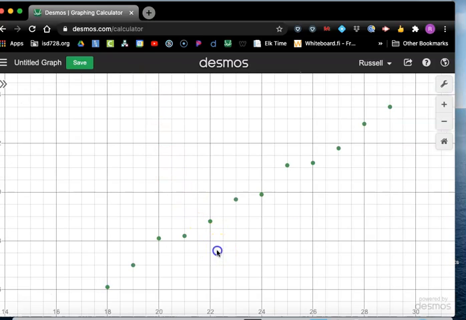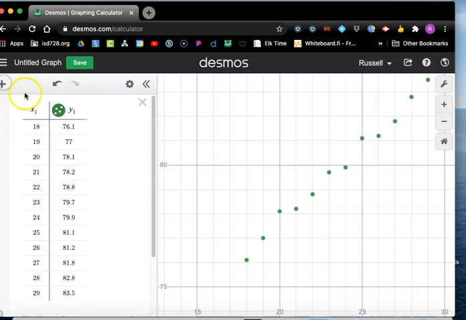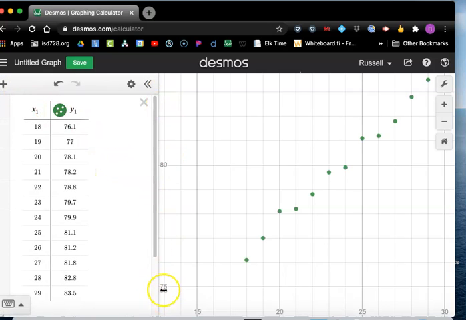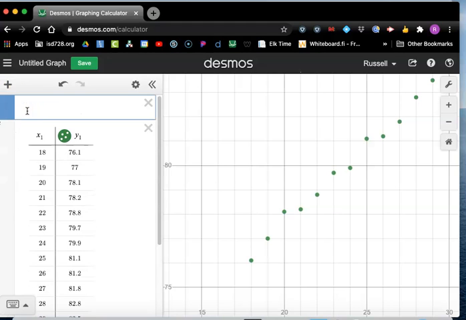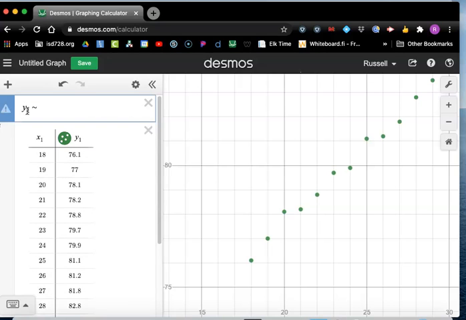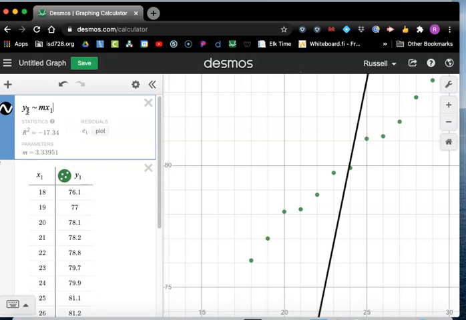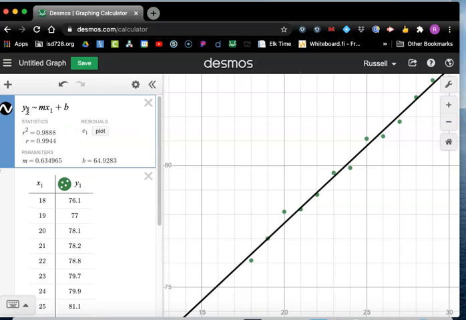I can close this back up a little bit if I want, but now it's hard to see my x and y axis, so I like to get that on there. And so you can see the little labels here on the side, okay? So now if you remember, we have to get that equation. So I'm going to hit plus expression, and then I'm just doing y equals mx plus b, but remember it's y1, and then I do the squiggle, mx1 plus b. And now the reason I do x1 and y1 is because that's what my table of values is. Sometimes these table of values will switch numbers, and maybe it'll pop up sometime where it says x2 or y2. Well, then I would have to change my equation, okay? All right, so R value